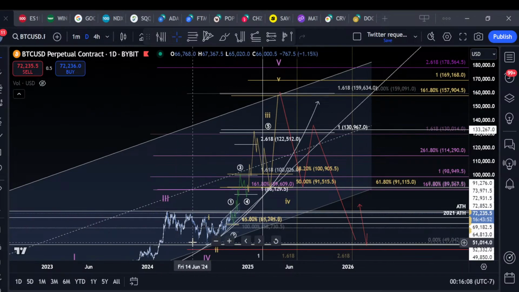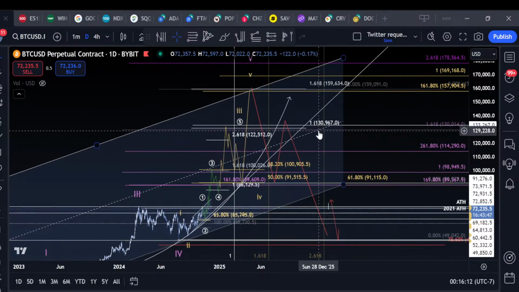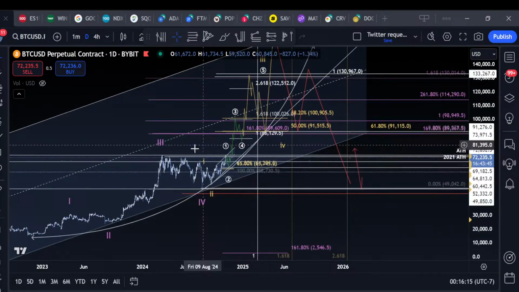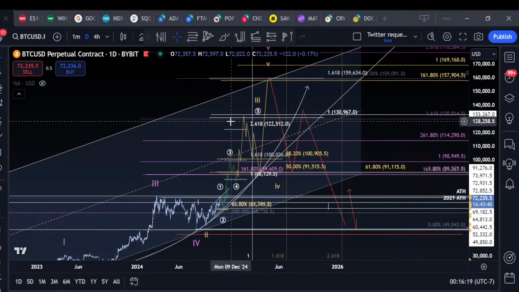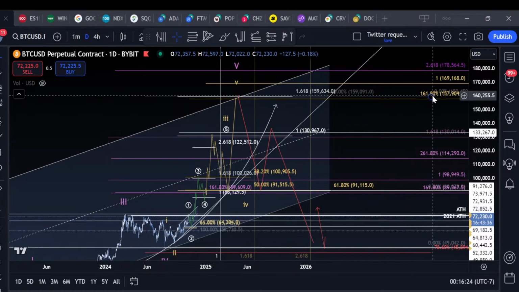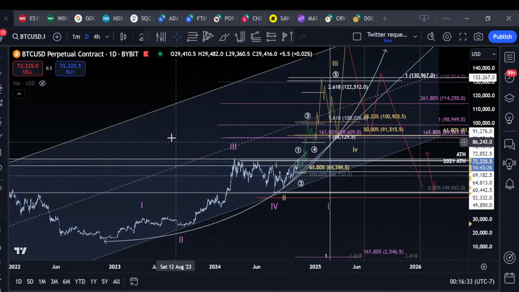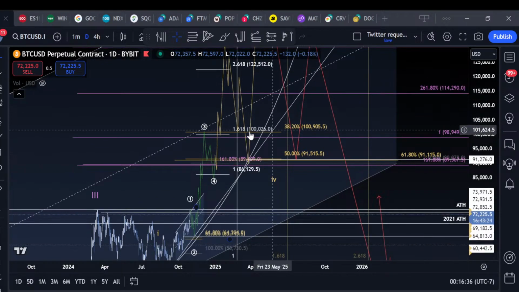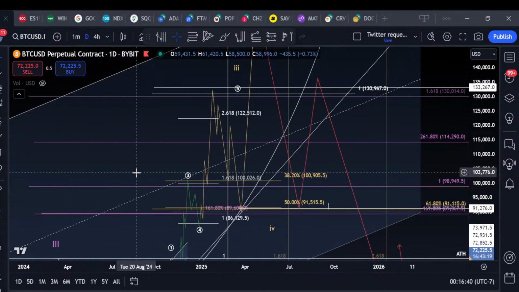I'm not going to go into all of the trend-based extensions here, but we start aligning a lot of fibs: the 1-to-1 extension at 130, the 1.618 of a purple degree at 130. The 2.618 is up around here. We start having 1.618, 1.618 orange in the gold degree here. If this plays out, our 50% retracements align with our 1.618 extensions of lower degree waves, and we see there's all this confluence for this type of parabolic move.